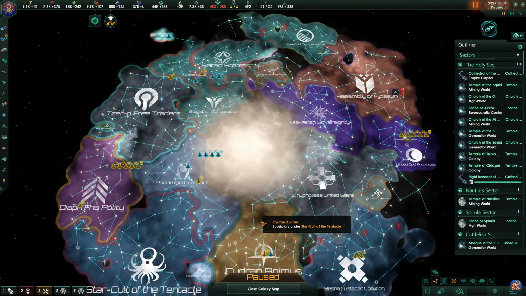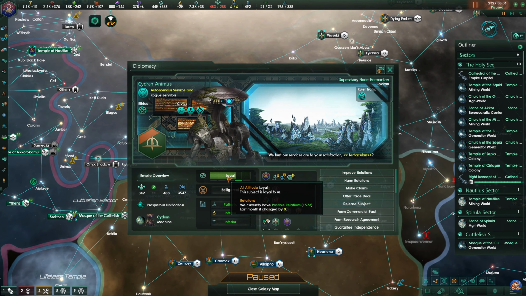What are things looking like with the Sidran Animus at the moment? They are very loyal. And the Padamian Compact? These guys probably need to have someone there. Let's form a commercial pact with the Thudhotis. And I think we'll move the via which you can go to the Olocraphan sovereignty. Hopefully...